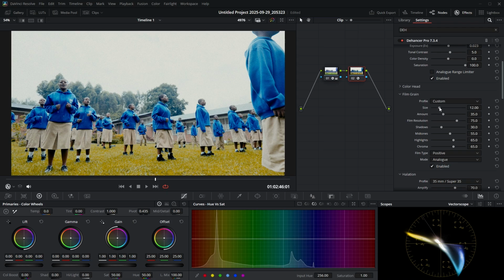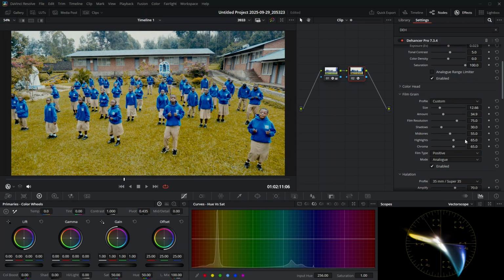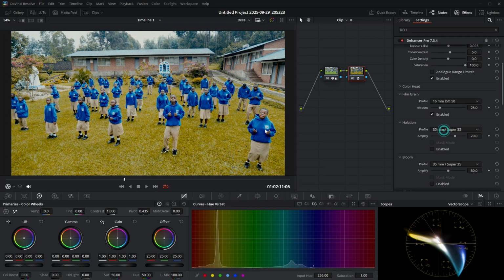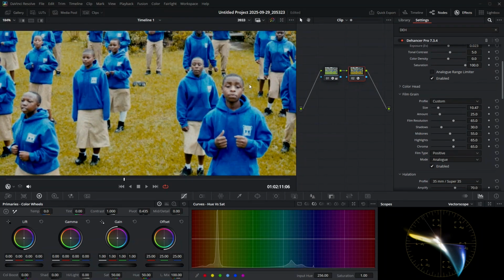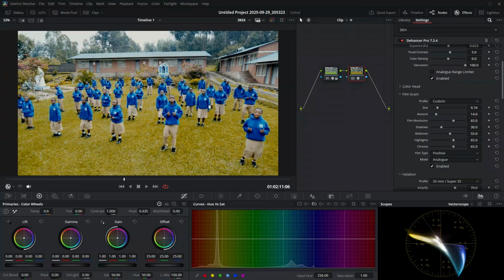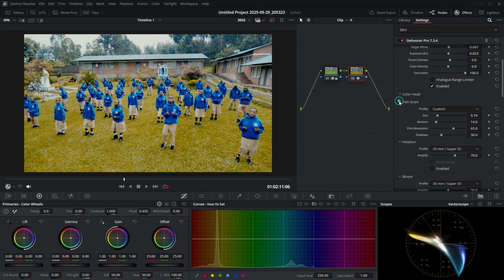Here too you can increase or decrease. And here there are some other settings which we can use, which are already set, that is 860 something like this, but you can also create your own settings for this film grain. Here I can decrease the size of this grain. When you increase it, you see what you are getting, and here too you can increase or decrease the amount. It's like the number of grains you want to add in your clip. So when I close this film grain,